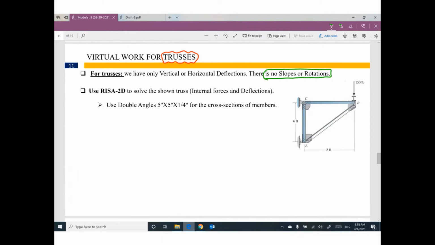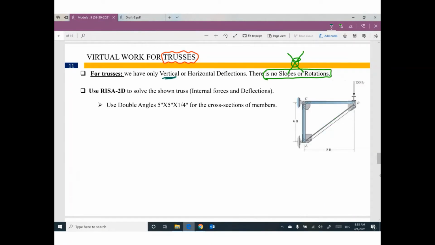We don't have slope. We don't have theta, because we don't have moment. If you go back to chapter 3 or chapter 4, I think, for trusses, we don't have moment. We have only axial force. So we don't have theta. We have only